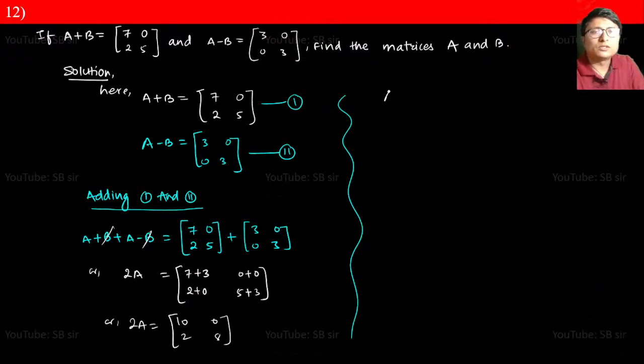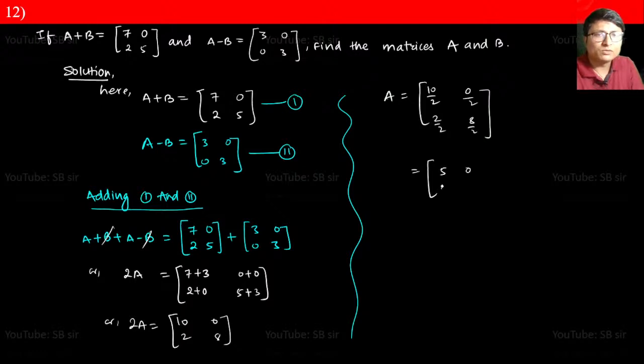So a is equals to, just divide all the corresponding elements, all the respective elements with 2 in their same position, 2 by 2, 8 by 2, so it will be 5, 0, 1 अनि 4। ठीक छ, ल यसलाई यसरी गर्न सकिन्छ। a आइसकेपछि इक्वेसन 1 मा राख अथवा इक्वेसन 2 मा राख। Putting the value of a in equation 1 गर। Putting a is equal to 5014 in equation 1